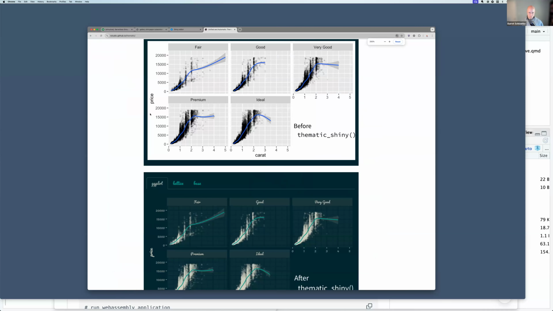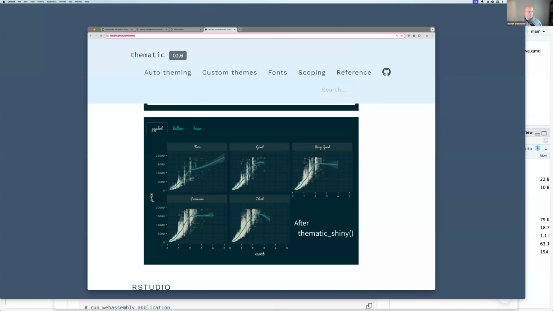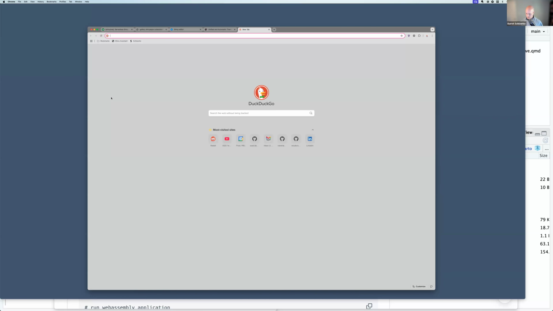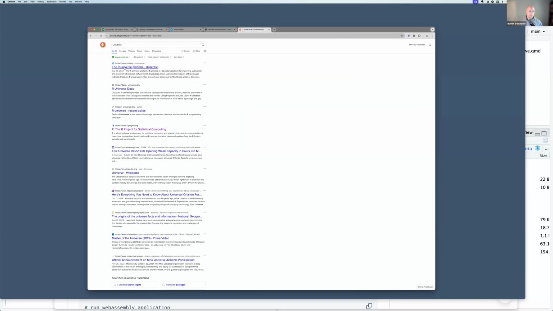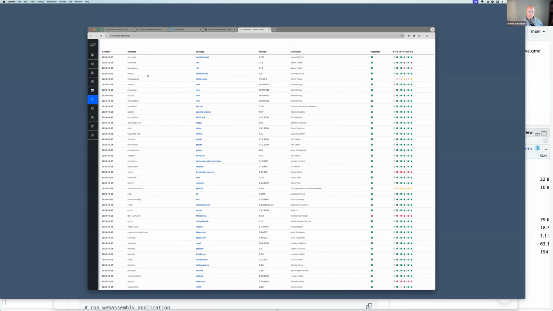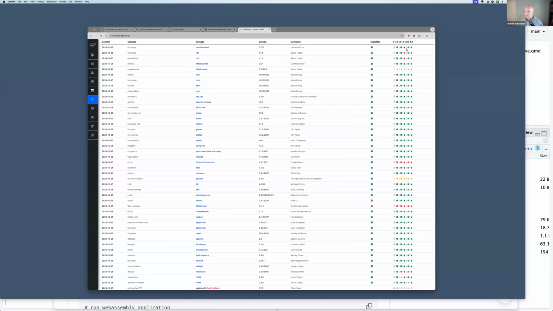Cool. Let's see here. Nate asks, can it take non-CRAN packages? Yes, I would suggest you use R-universe, and I forgot to add it into the slides about R-universe, but it is building. It doesn't state it here directly, but it is building these for WASM. So if you set your CRAN location to point to R-universe, you can get extra packages that way.